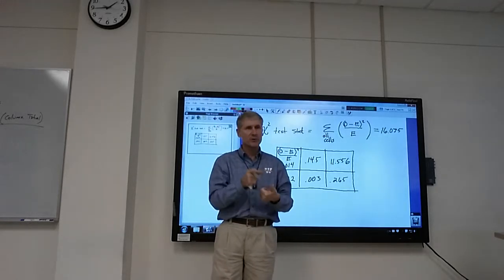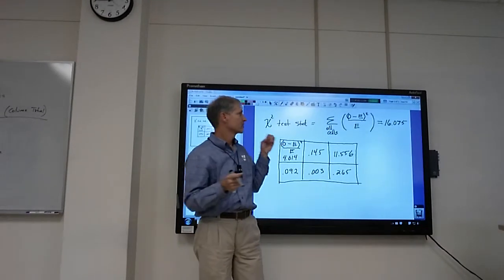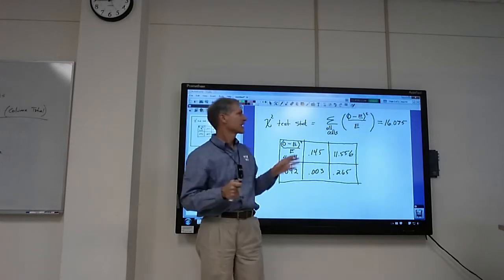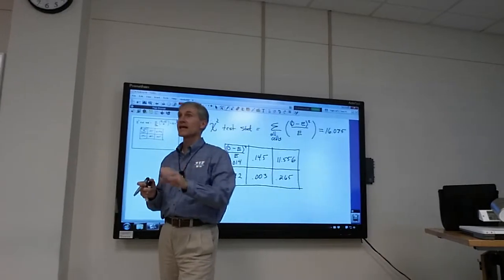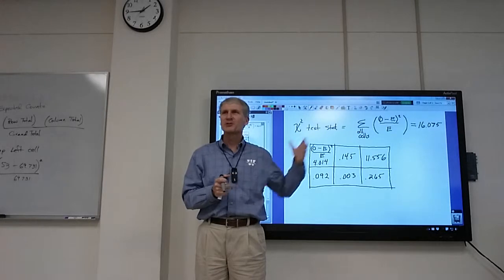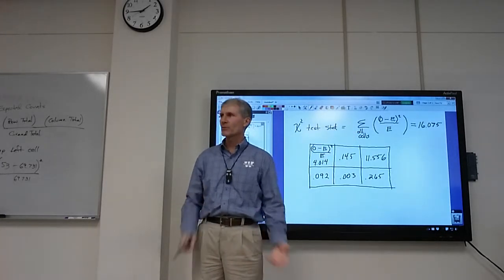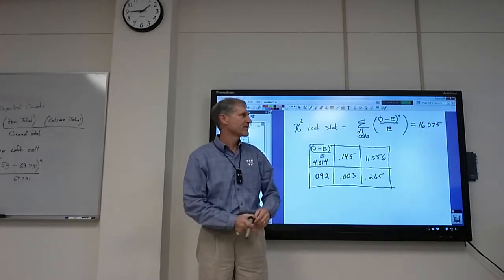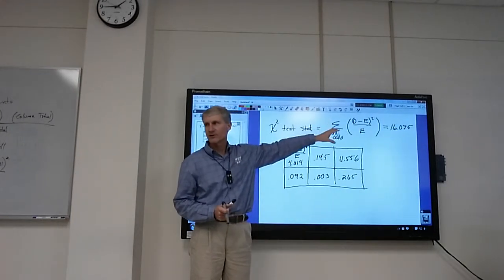For a means problem or a proportions problem, it's always just the number of standard errors that the observed data is from the expected value. But with chi-square, it doesn't work that way. This number, 16, is not 16 standard errors away. So there's really no great interpretation of that number. I cannot look at 16 and go, wow, that's big, or wow, that's small. It's just 16. So we need to have an idea of whether that's a significantly large value or not,